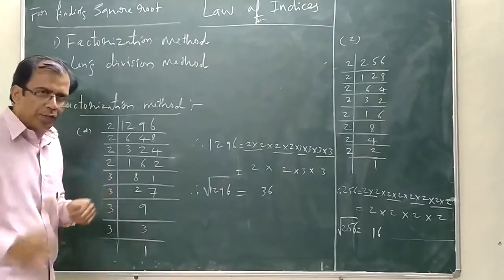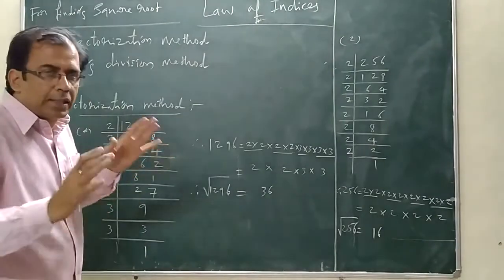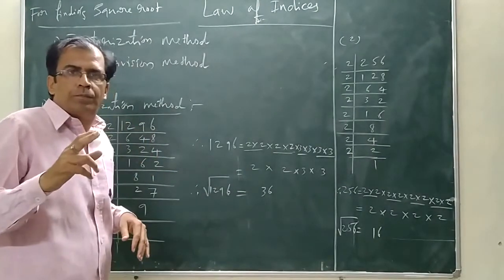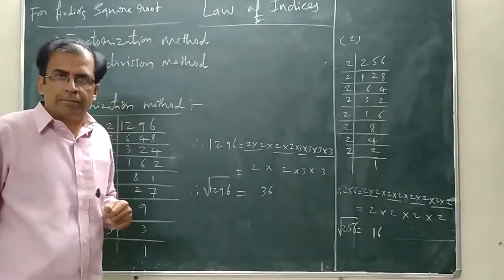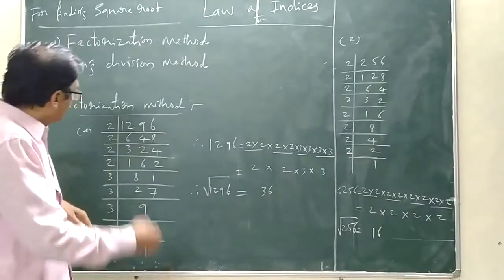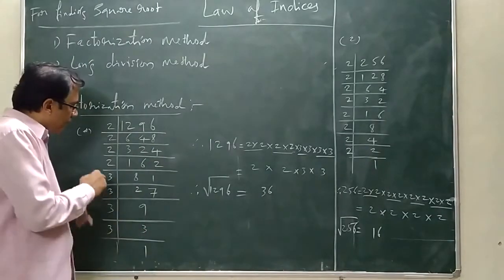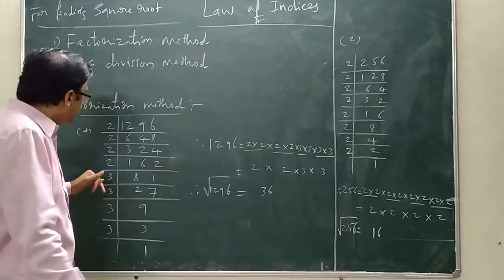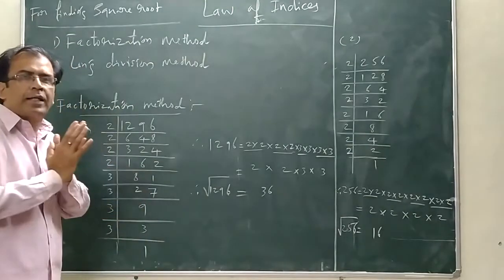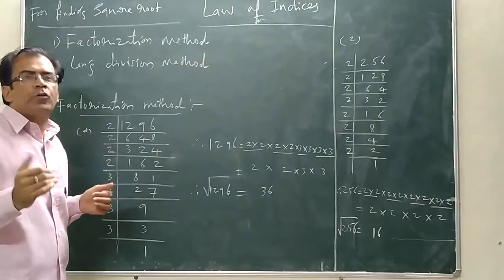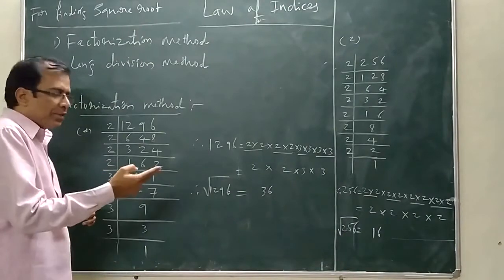Next, you just observe here, a little change we have made. You cannot take 2 here, because 31 will never divide by 2. So instead of 2, you need to take 3. From the 3 you start dividing the 81 here. How it is divided, you just see. 3 2s are 8. Sorry. First, 3 2s are 6. With 8 you cannot get an exact answer, so less than 8 you get only 6. That means 3 2s are 6, and how much is left? 2.